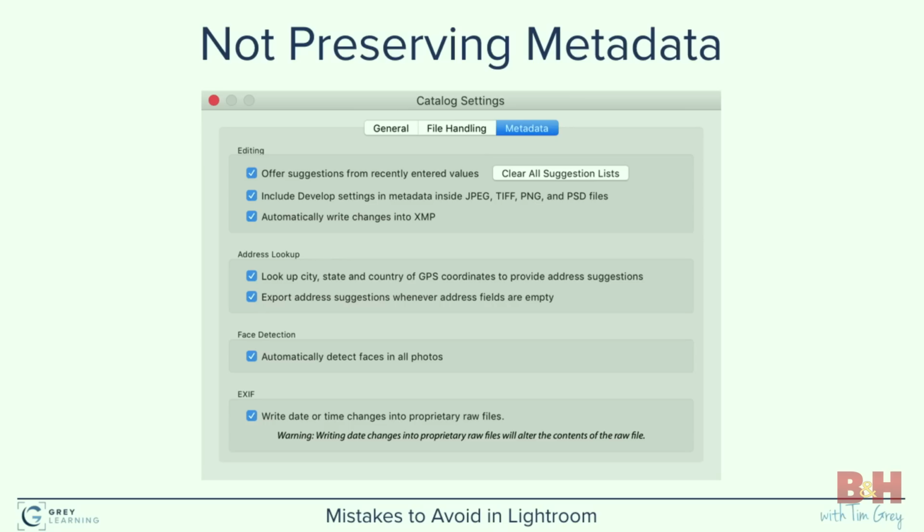So if you use Adobe Bridge, for example, to browse your photos, you will not see the keywords that you added in Lightroom. The metadata that you add in Lightroom, by default, only exists inside of Lightroom. Well, there's a couple reasons that I would like to have all of my metadata out on the hard drive with the images themselves. Number one is that I've got that interop between applications, so I can browse photos